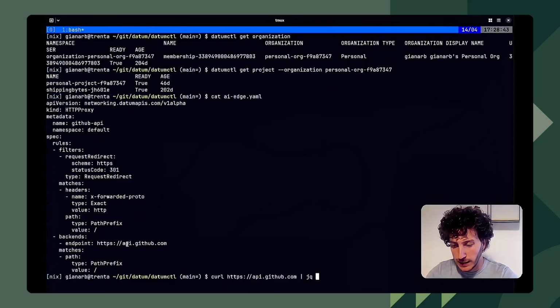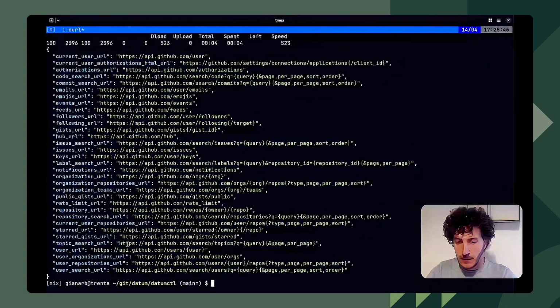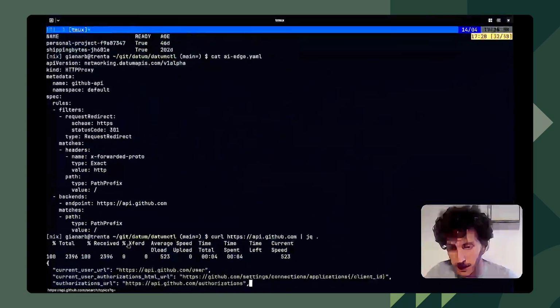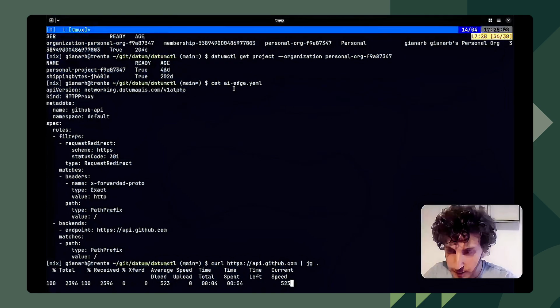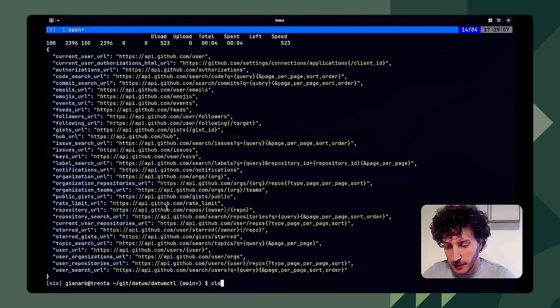So what is actually returned? The GitHub API is returning a list of URLs. As soon as we apply this HTTP proxy object, we will get a domain name and we will get the redirect that we just described here. So if we do